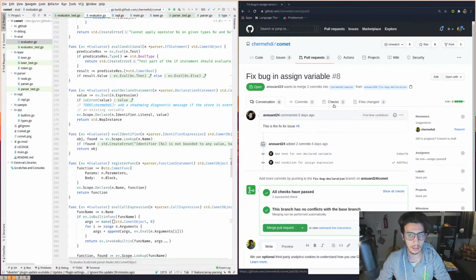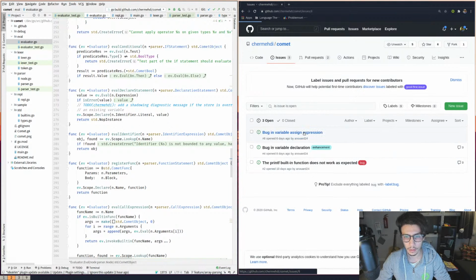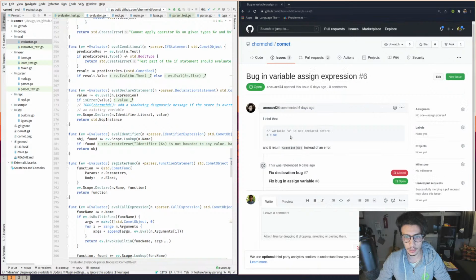Before that, I want to go through a couple of issues. Anwar tried and found a couple of bugs, and he filed issues for them. One of the obvious bugs was this: a equals 50, which is an assignment to a variable that has never been defined.